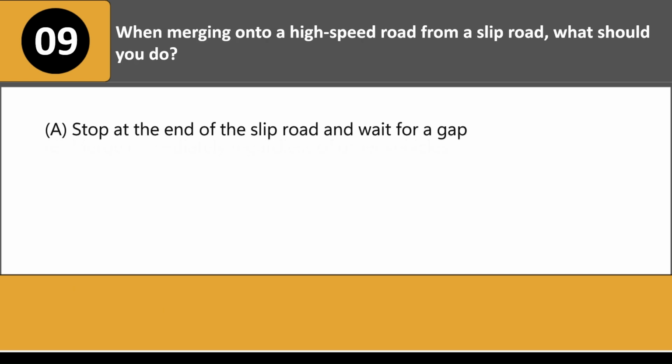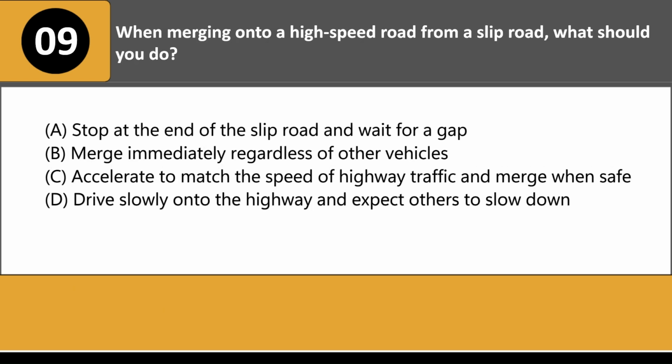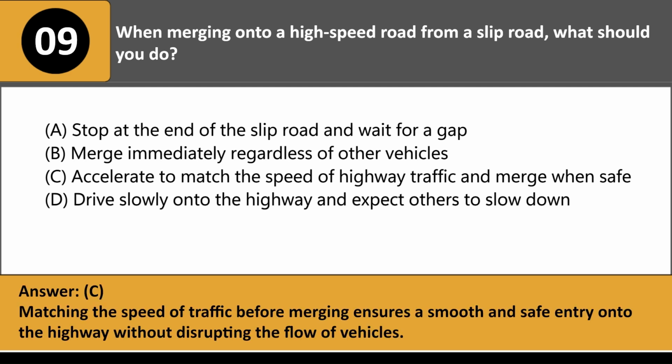When merging onto a high-speed road from a slip road, what should you do? A. Stop at the end of the slip road and wait for a gap. B. Merge immediately regardless of other vehicles. C. Accelerate to match the speed of highway traffic and merge when safe. D. Drive slowly onto the highway and expect others to slow down. Answer: C. Matching the speed of traffic before merging ensures a smooth and safe entry onto the highway without disrupting